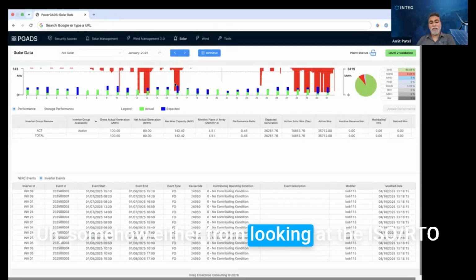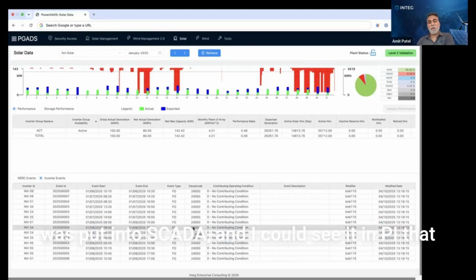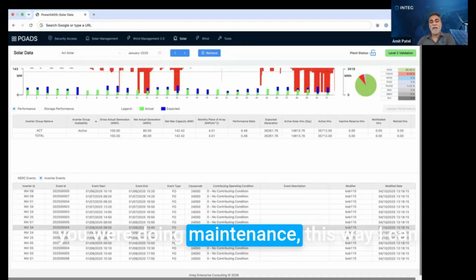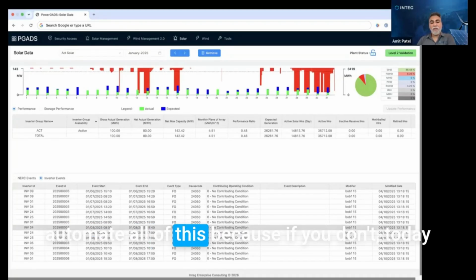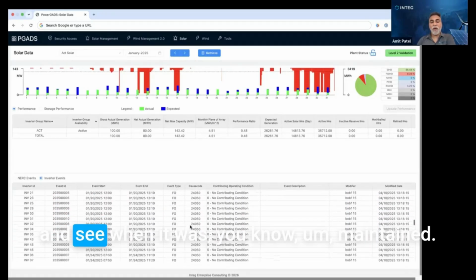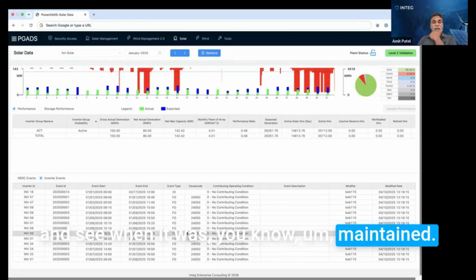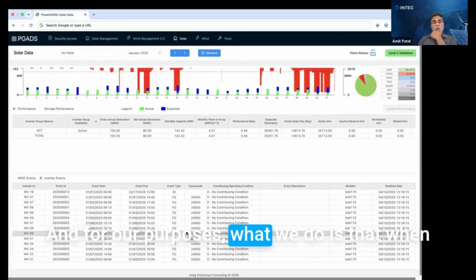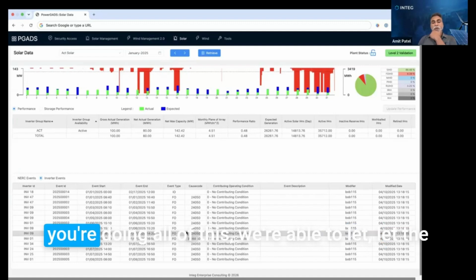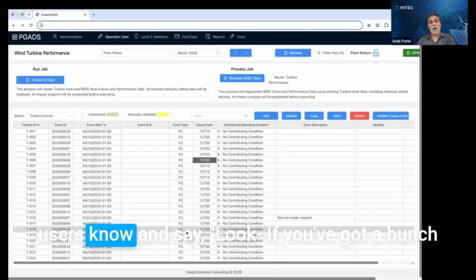Somehow, either from looking at the ISO RTO data, or if there's an alarm that was put into SCADA and I could see it in PI, I can tell that you're doing maintenance. This way I can automate all of this, because if you don't, somebody today would have to review all of these and see when it was maintained. And for our purposes, when you're doing all of this, we're able to let the users know and say, look,